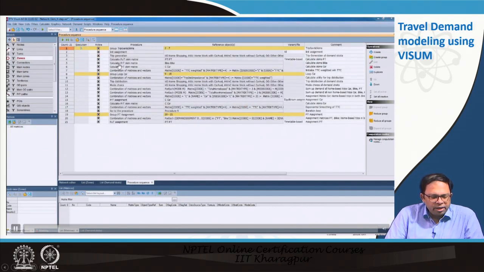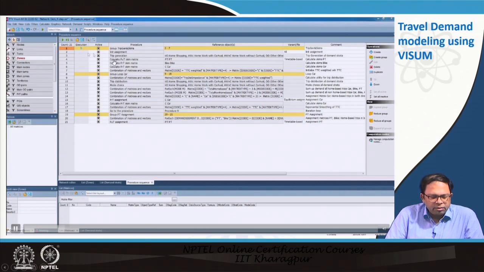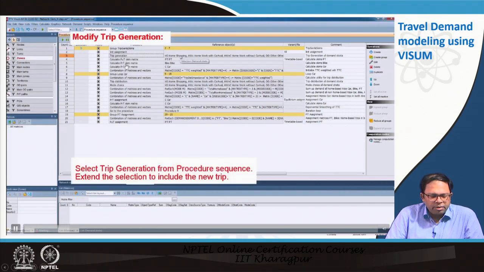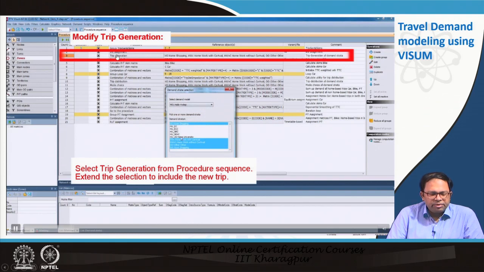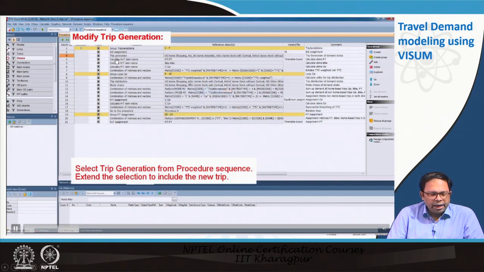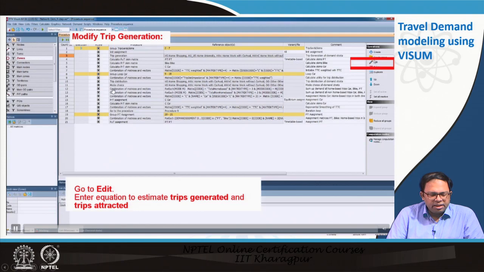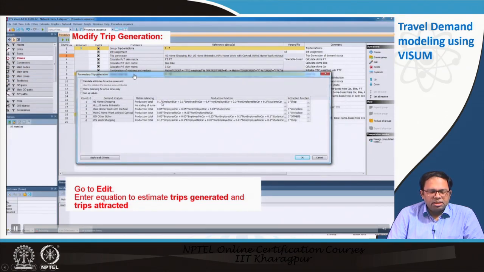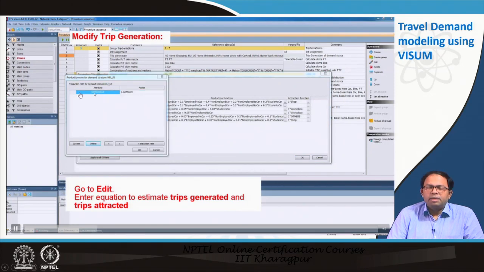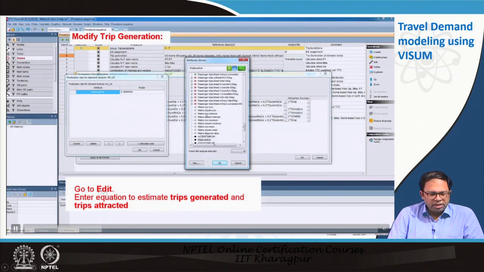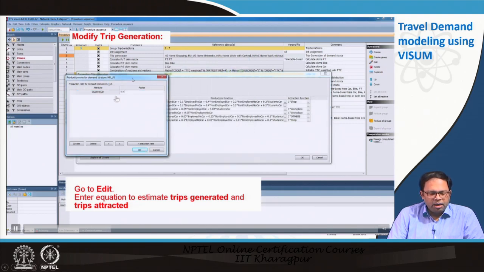So, if you look carefully, there are different steps. We first calculate the PT schemes, calculate the different network schemes, we do trip generation, and we can also have the different trip distribution, mode choice, and then we have got the different matrices, and then we can also have an iterative loop going over. So, first we can modify the trip generation because we entered a new activity pair. So, this is where the trip generation is being modified.